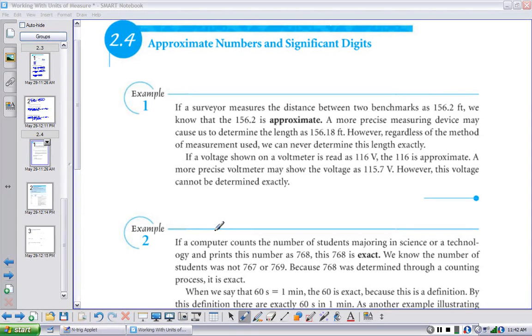Okay, in this next section, we're going to look at approximate numbers and significant digits. We have some numbers out there that are exact, and we have some numbers out there that are approximate. Whenever we measure something with, let's say, a tape measure or a ruler or anything, what you get is an approximate value. The reason why you get an approximate value is that it may not touch exactly